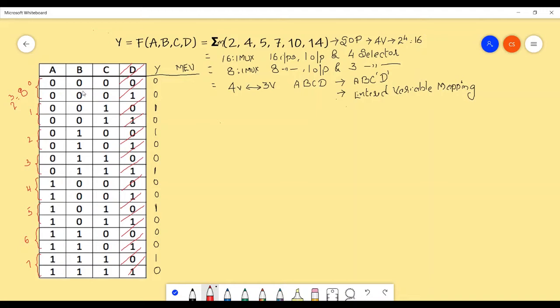0, 0, 0 and 0, 0, 0. These are the two combinations. What is the output here? What is the output here? The output is 0 and the output is 0 here. So when both the outputs are 0, you can write a single output which is 0 for this combination. For 0, 0, 0, my output is 0. So the output will remain 0 itself.